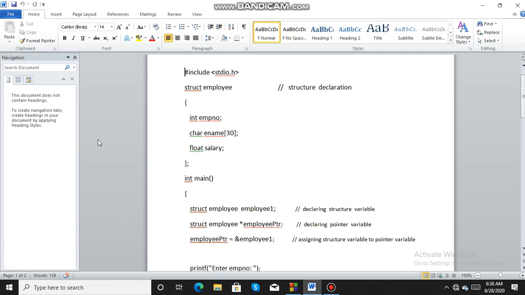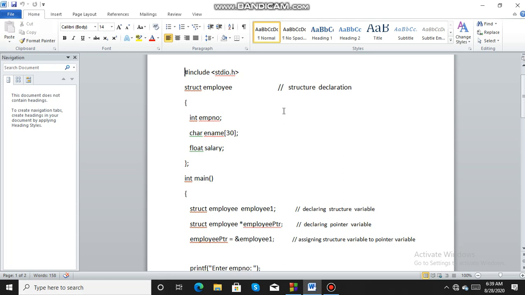Today we are going to discuss structure in C and how we can access the members of a structure using pointers. Just like arrays, through structure also we can access and manipulate data. In arrays, the data elements are of the same type. For example, if we are defining an integer array, the data items will be of integer type only. But in the case of structures, we can have logically related data items of different types.